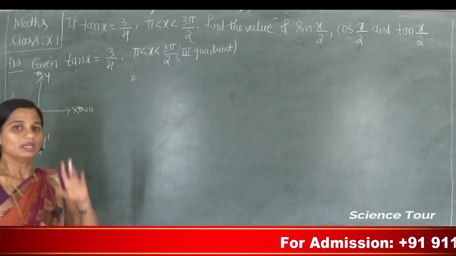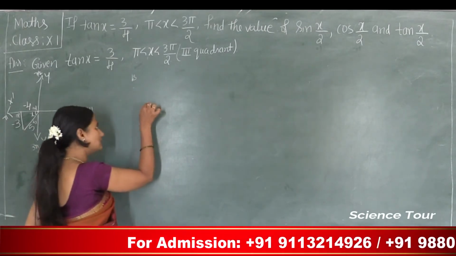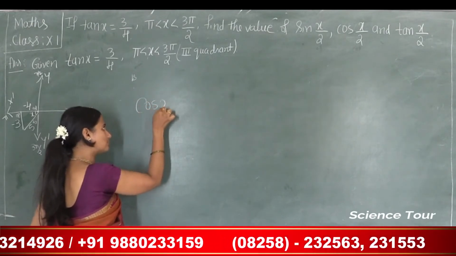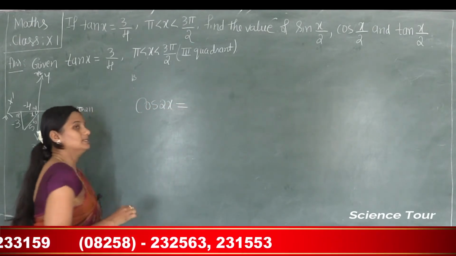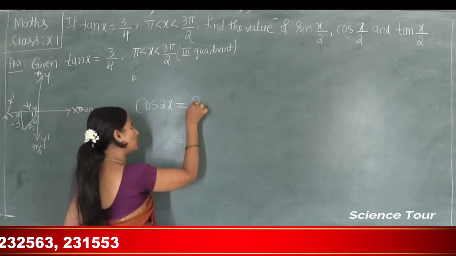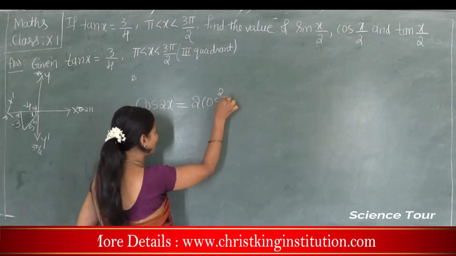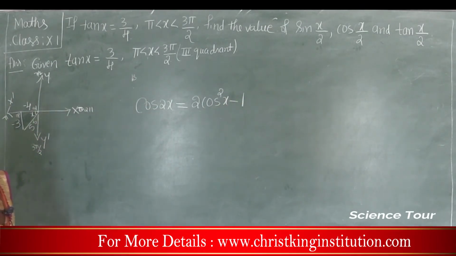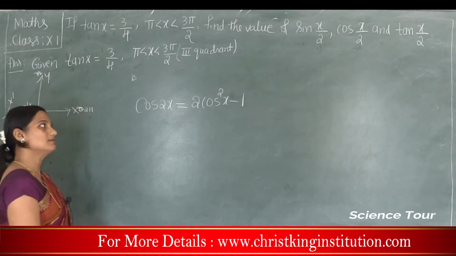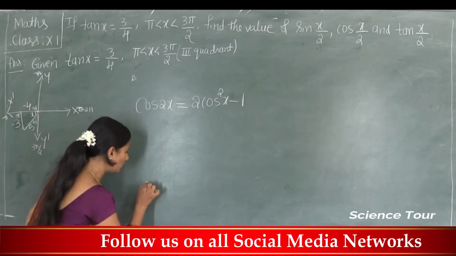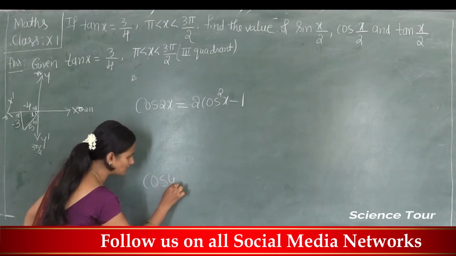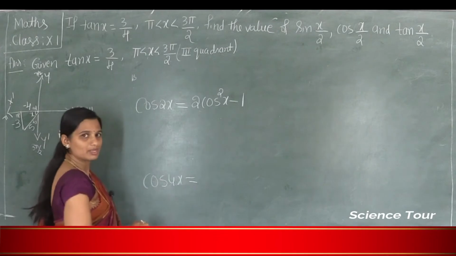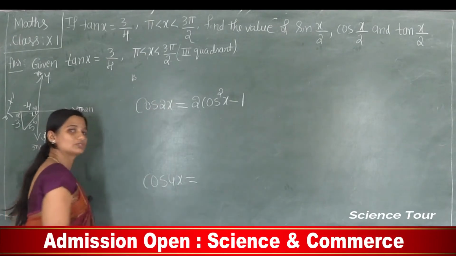So now what to find is sin x by 2, cos x by 2, tan x by 2. Now how to find that? First, we find by using a formula. I will use this formula, cos 2x. So cos 2x, I will use this formula: 2 cos square x minus 1, right? This formula you have, cos 2x is 2 cos square x minus 1. Already you know in previous classes the value of cos 4x. How to write cos 4x by using cos 2x?